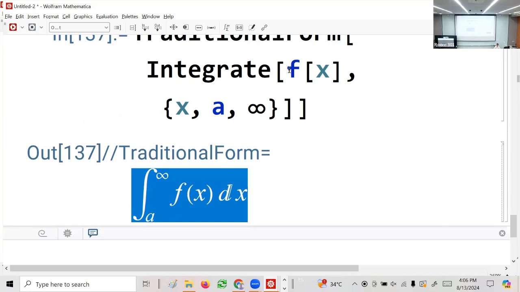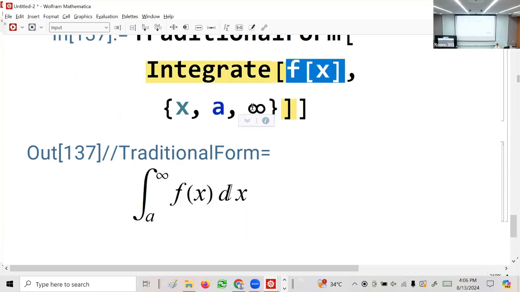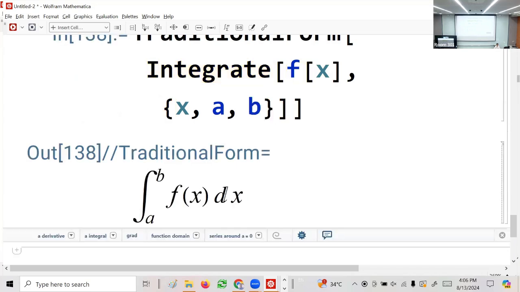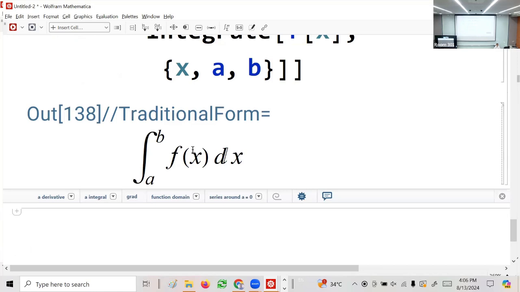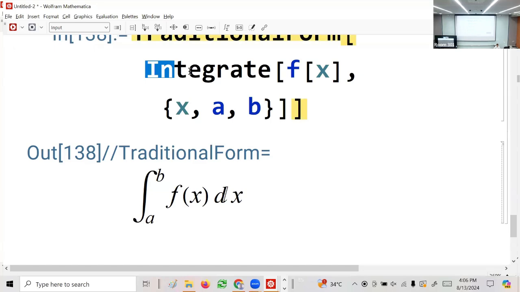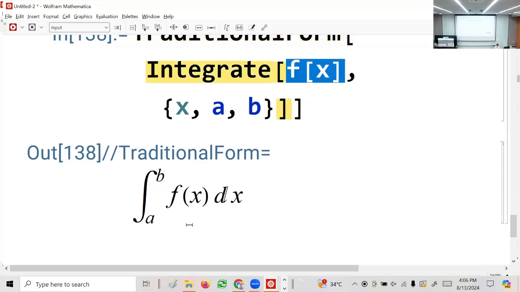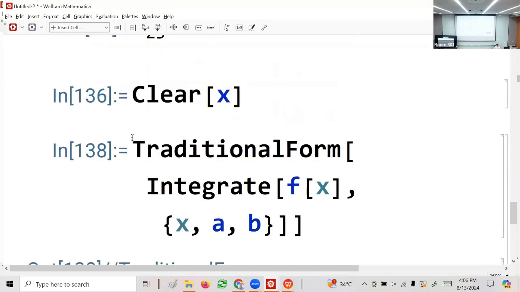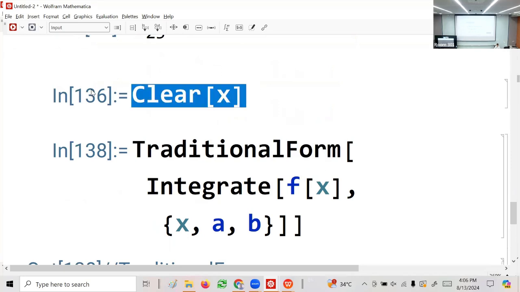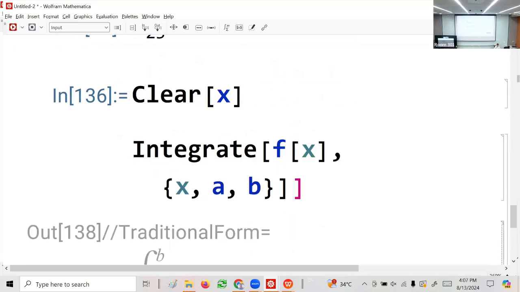What if f of x, okay? So let's say A to B. Okay? Now LaTeX can do this, right? LaTeX can do this. Look pretty, right? But can LaTeX do this? Okay. Can LaTeX do this? Integrate of f of x. Okay. But f of x,